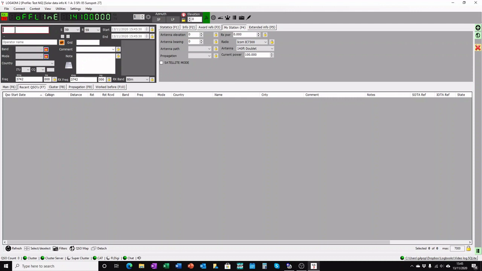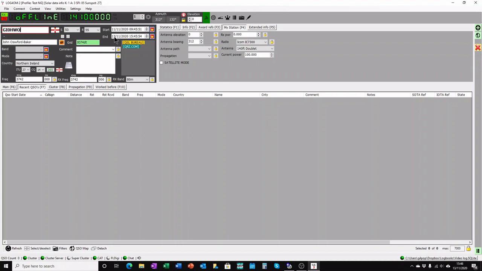You start off obviously by entering the call sign, and you can either use the keyboard and tab across into the RST field here and to the other fields, or whatever you like. I'll change it manually just so you can see what's happening. And then we come to the start time, which I've locked by clicking this button with the padlock, so it's red. I'll do the same for the end time, and let's say it was 2 days ago, it was on the 11th, and we were at 9 o'clock in the morning,